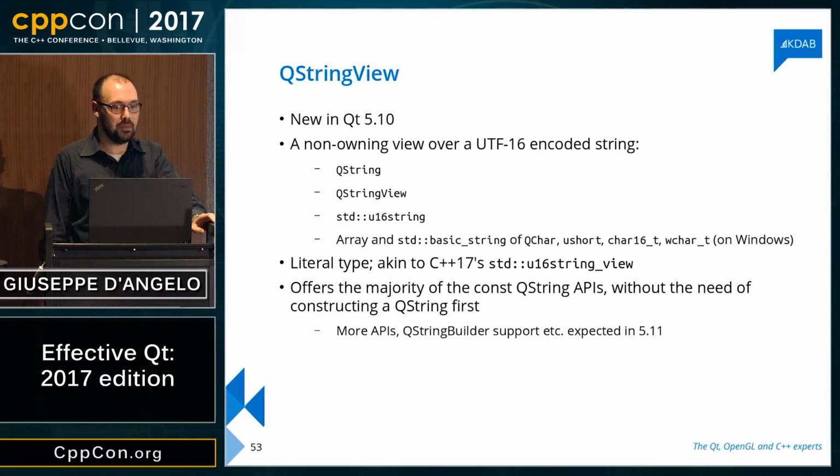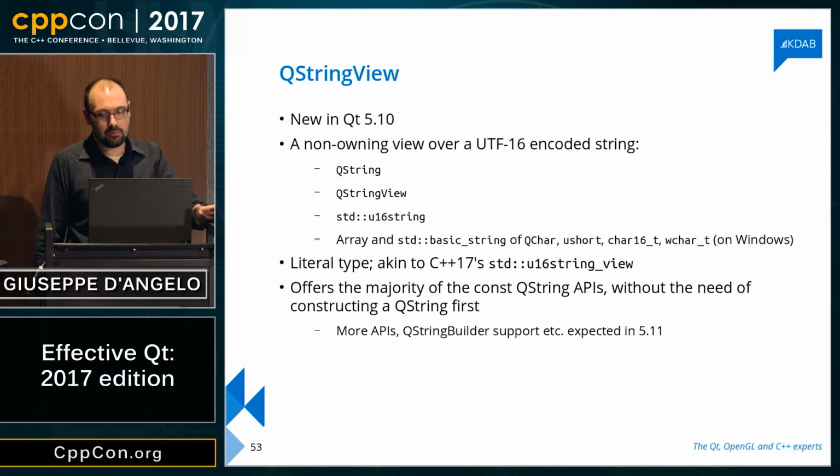Yep, you can pretty much build these out of anything. And the good news is that, just like std::string_view, this offers basically the majority of the Unicode const QString APIs without the need of constructing a QString first. So if you need to do const Unicode manipulations, you can apply them on top of QStringView.